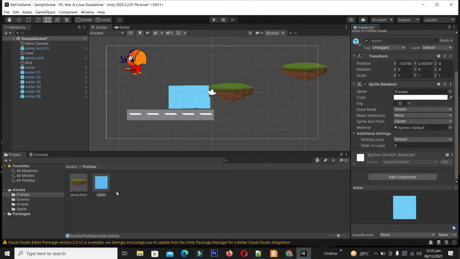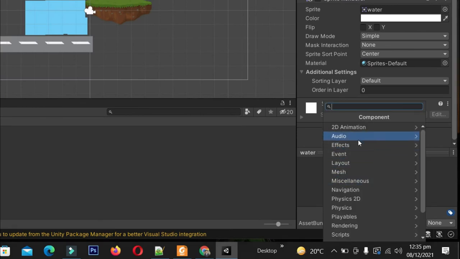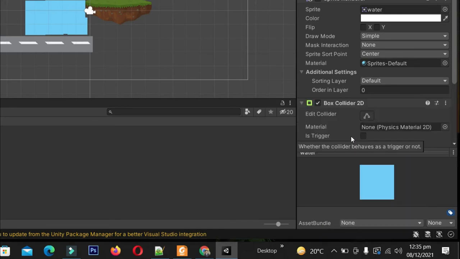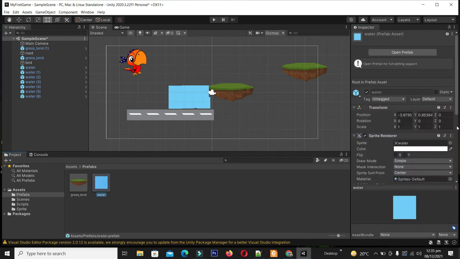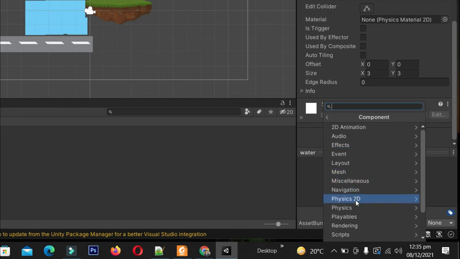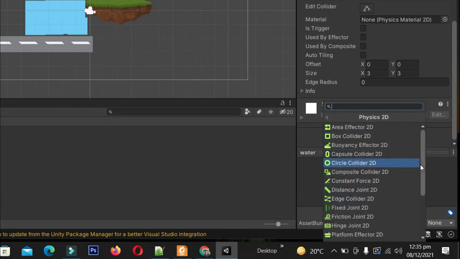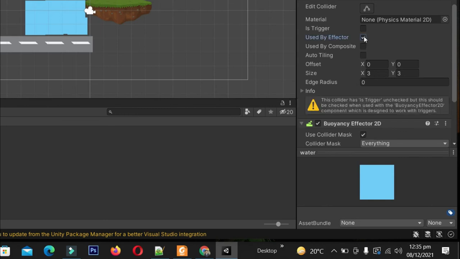Now I'm going to select this water prefab and add the component. From here I give it the Physics 2D box collider, and boom, this box collider is applied to all these instances. Again I select the water, click add component again and select the buoyancy effector, and it is demanding that I check Used By Effector.